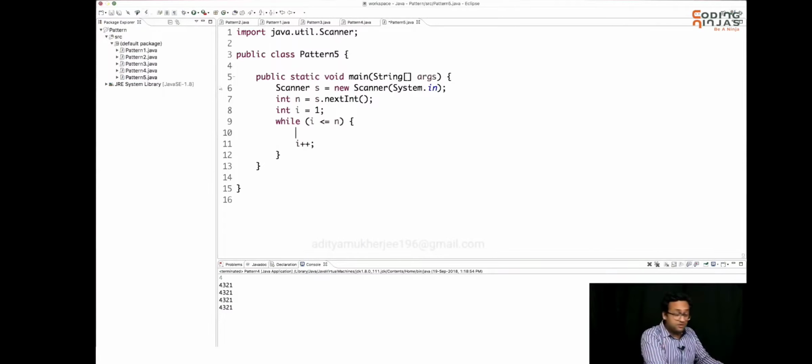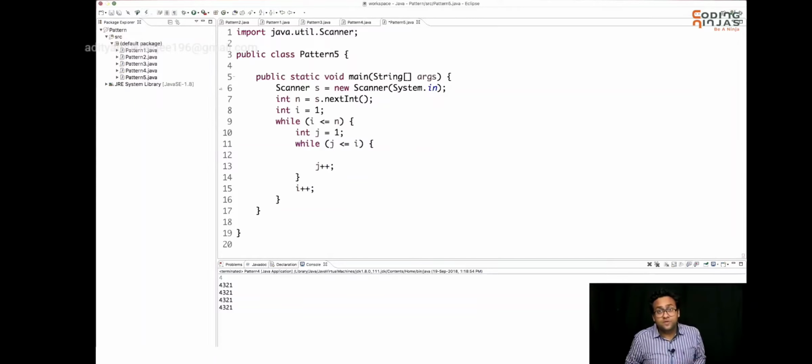Now the interesting part is, previously what we used to have was, we used to have a j, and we used to say that j is going to go till n as well. And we used to use a j++. What's different here is that the ith row is not going to have n columns, it's going to have i columns. So if i is 1, the internal while loop is going to run only one time. Because i is 1, j's initial value is 1, so 1 is less than or equal to 1, and it's going to run only once. It won't run after that, okay? So